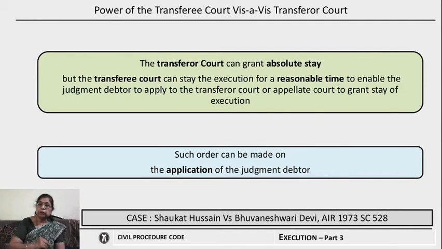So, in Shaukat Hussain versus Bhuvaneshwari Devi, that is a Supreme Court decision, the court has gone into the power of the court to grant stay. Whether the transferee court also has the power to grant a stay, absolute stay, was discussed in this particular case. In this case, there was a decree by the court of small causes, and it was transferred for execution to the Munsif court, and the Munsif court granted a stay. The Munsif court was not a court which had passed the decree, and therefore, when it went in appeal to the High Court,